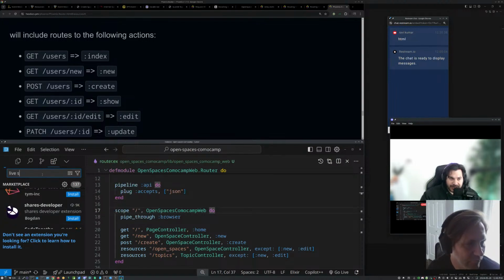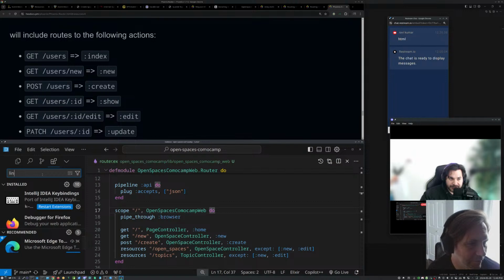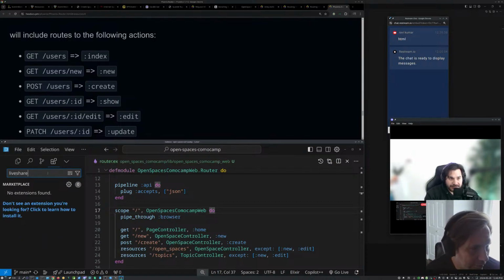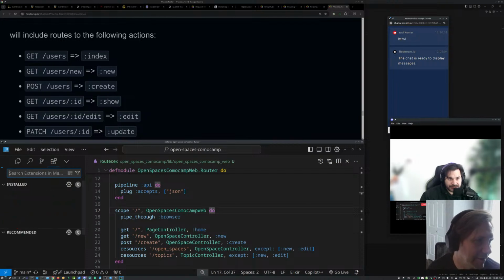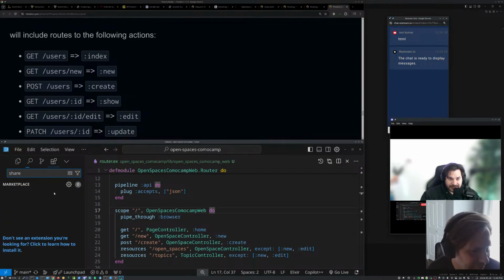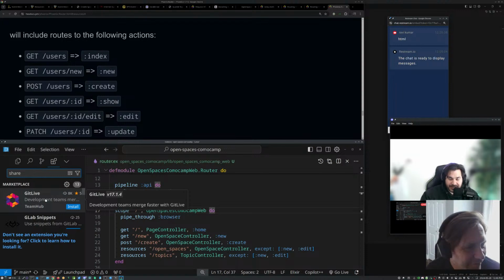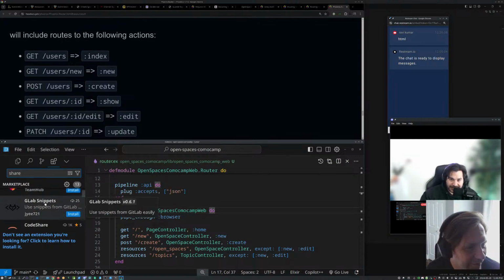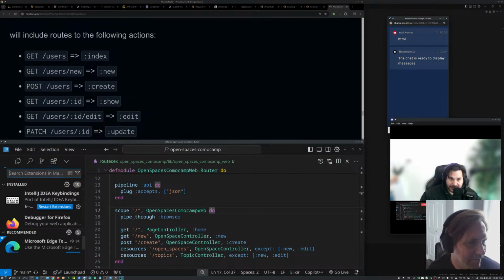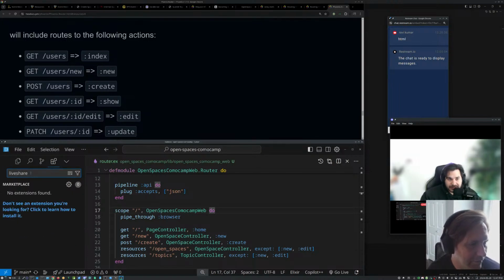It's called Live Share, all one word, if I'm not mistaken. Live. No. Come on. What? It's Live Share, literally LIVE share. I looked for it. It had nothing. All one word? No, it's a space, Live Share.